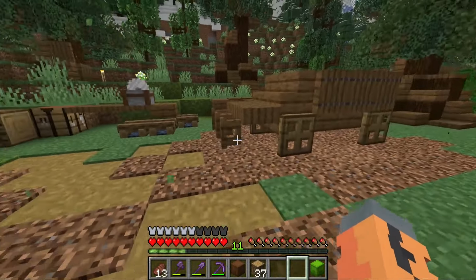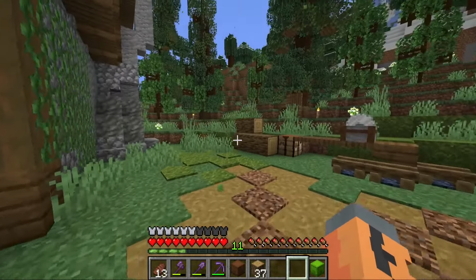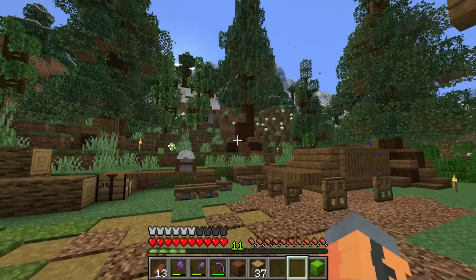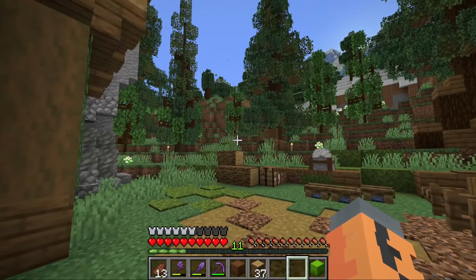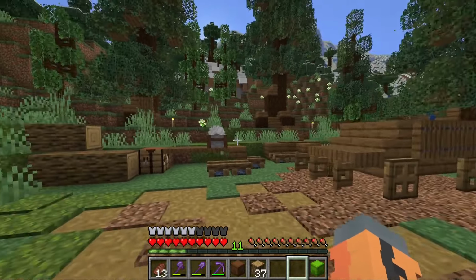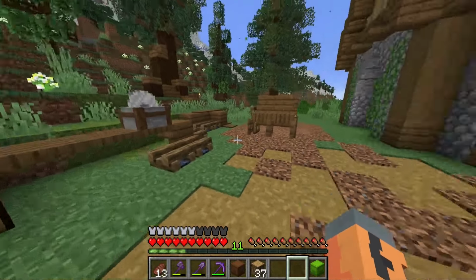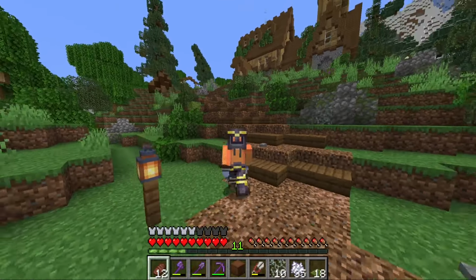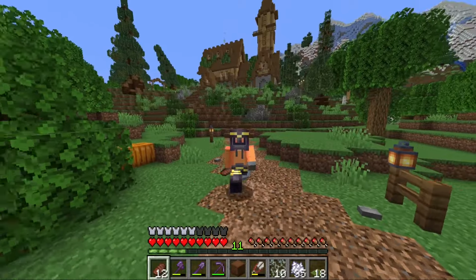We have a nice little cart, and we brought in the coarse dirt and everything's looking so much more alive back here, especially with the little particles coming through. This just has such a nice little view, and I love it, especially with this little workstation. Now that we've added a ton more atmosphere to this little pathway leading down from our house